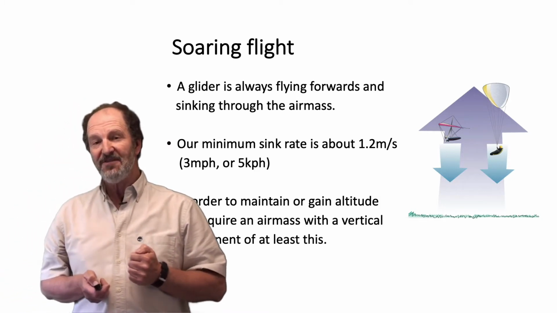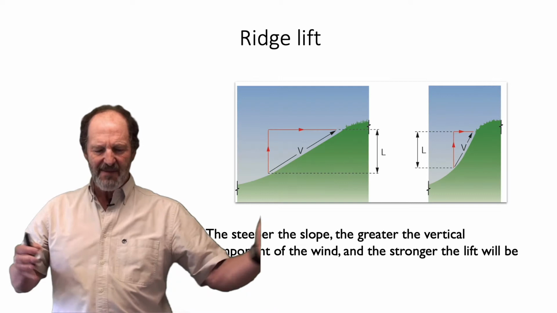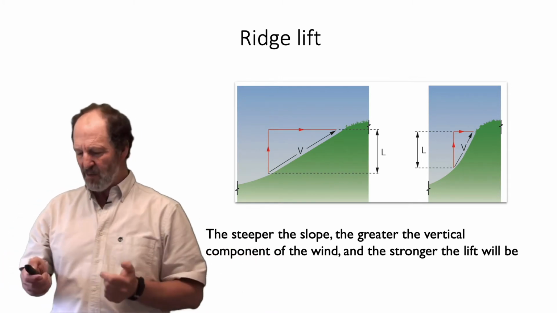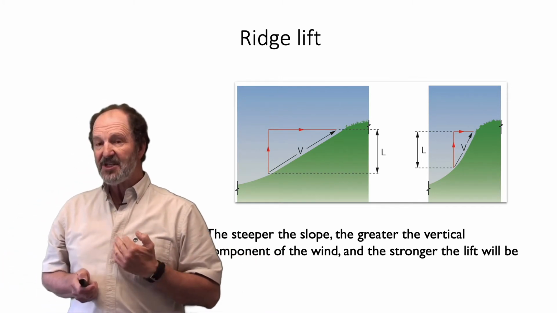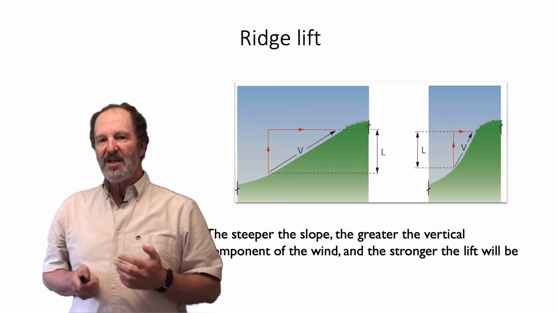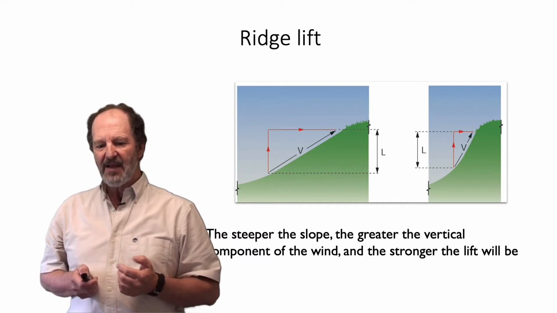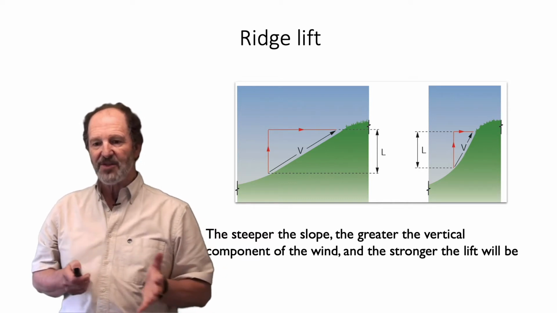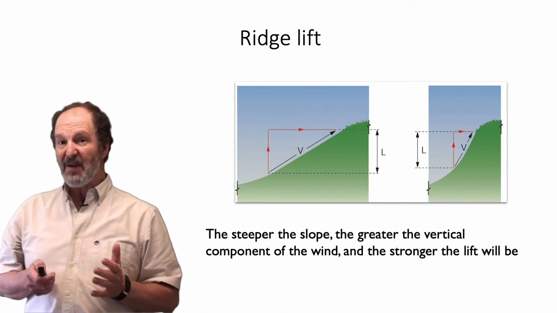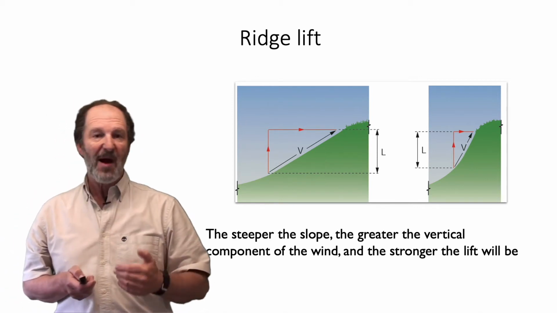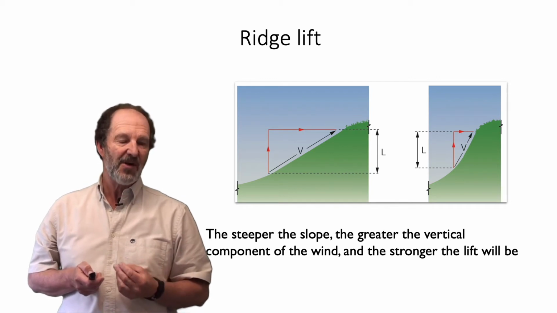Ridge lift is the first place that we might look for it. So basically the air mass hits a hill and is deflected upwards. I'm sure you're aware of this. The steeper the slope is, the greater the vertical component of the air. So if an air mass hits a shallow slope, it may not have a very big vertical component, so you might have a 12 mile an hour wind but only 3 or 4 miles an hour worth of lift, so